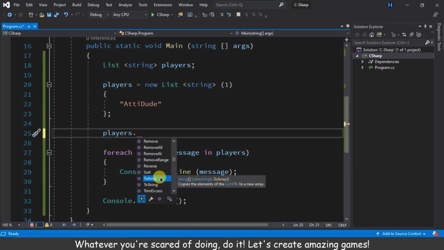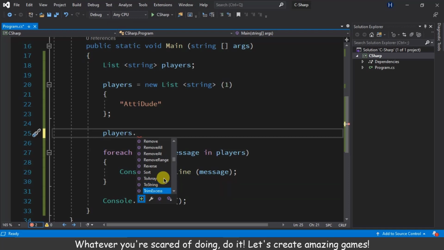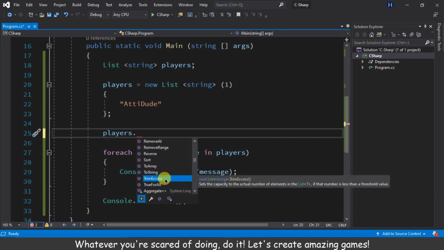This array refers to the standard array that we defined above and removed. And we also have a function called ToString which will convert that to a string and return it as a string,